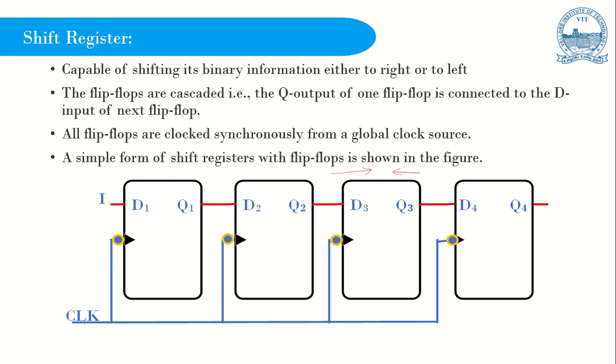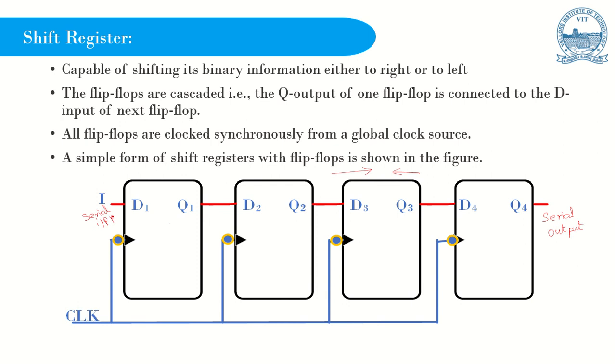Now let's see how the shift register is implemented. In a shift register, the flip-flops are connected in cascade. Cascade means the output of one stage will be the input for the next stage. Here is an example of a serial in serial out type of shift register. It means the data input is serial, bitwise the data is transmitted from the input, and the same bitwise the data is received at the output. So this is going to be the serial output pin,